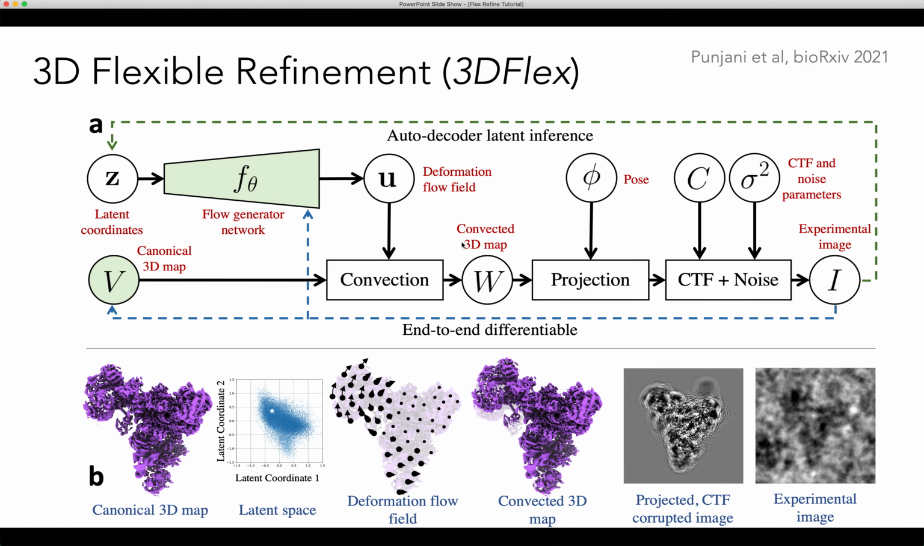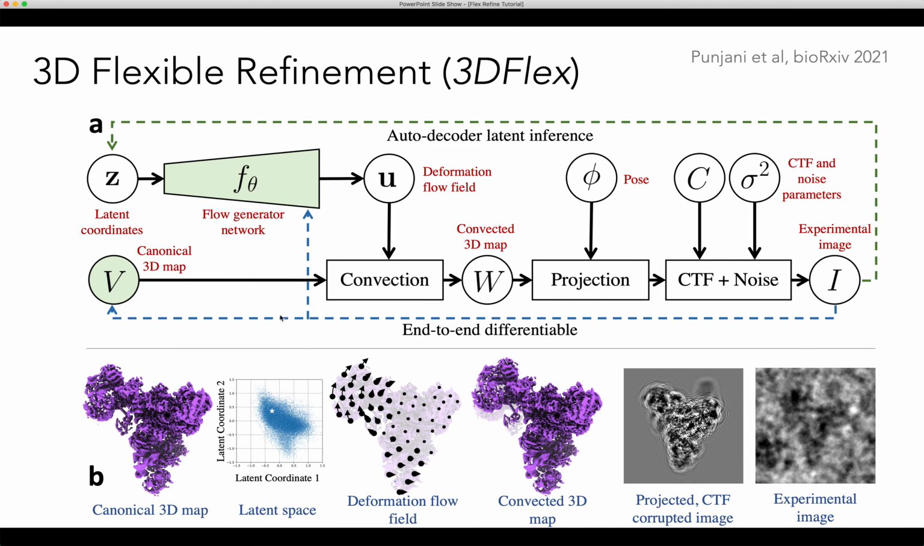So once that convected density map is constructed by literally deforming the canonical density map using the vectors that the deformation field generator outputs, that 3D density map, the convected density map, is then projected through the standard cryo-EM image formation model that involves projection by some pose and then corruption by CTF and added noise, and that yields what the model expects experimental images to look like. So again, that's the forward generative process of 3D Flex, and the idea of training 3D Flex is to use